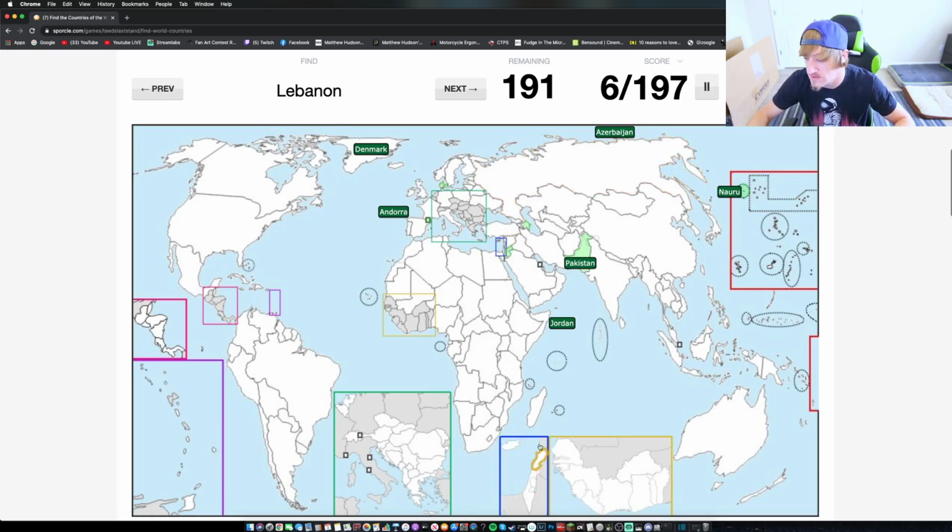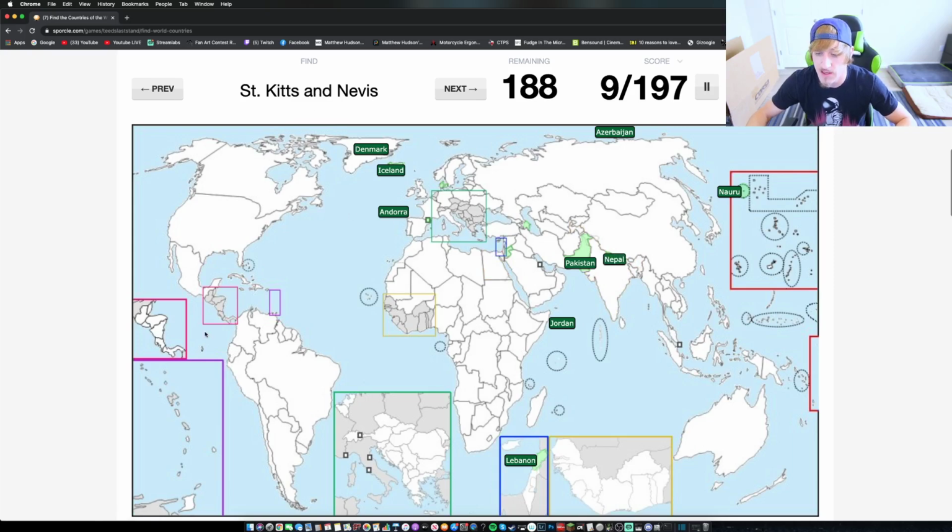Lebanon is down. You have these little squares also, I forgot to mention. This green square right here is blown up right here. This blue one is blown up right here. This Africa piece is blown up right here, just so it's easier to click on the countries. So Israel is in this little blue one, and Lebanon is above that. So you go down to here. This is Israel, this is Palestine, and this is Lebanon right here. Iceland, that is up there. Nepal is above India.